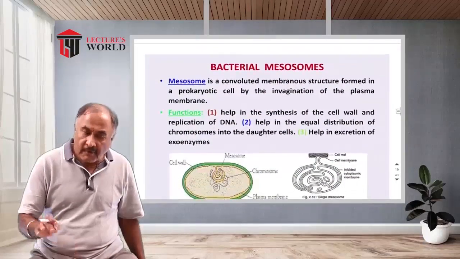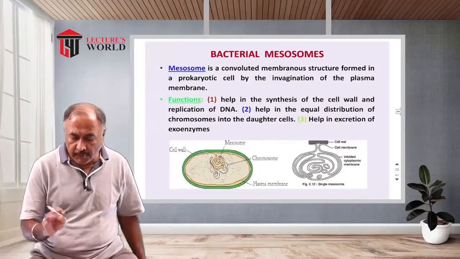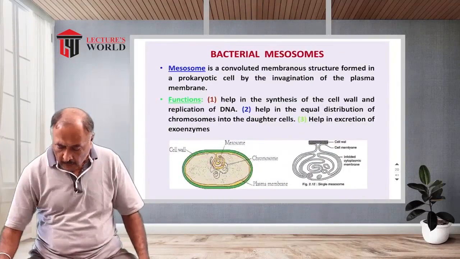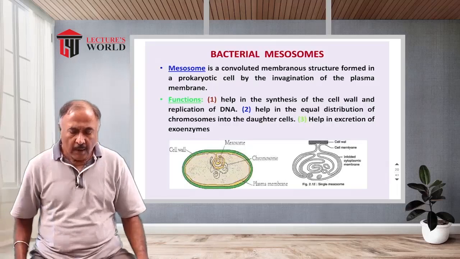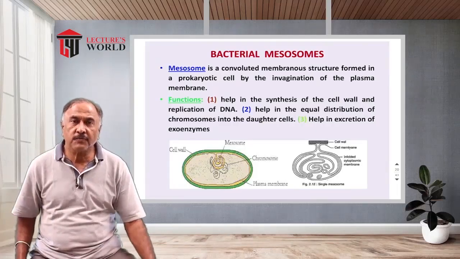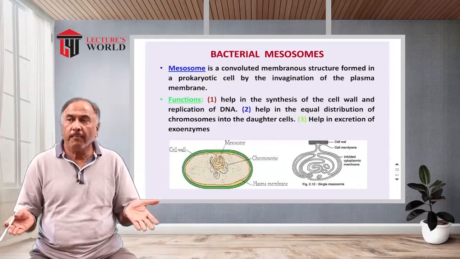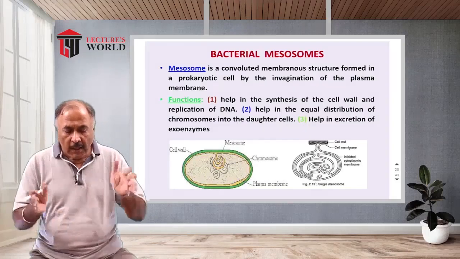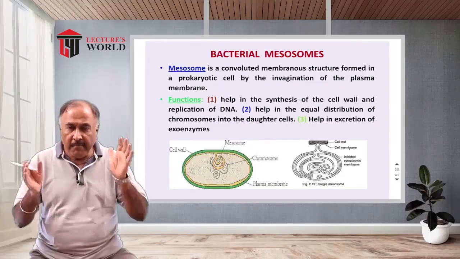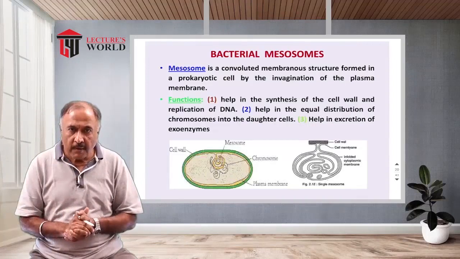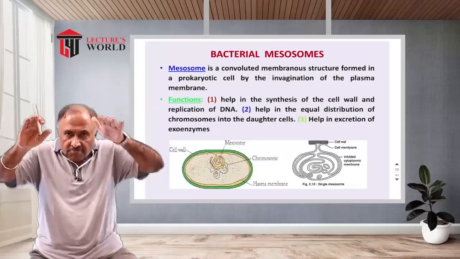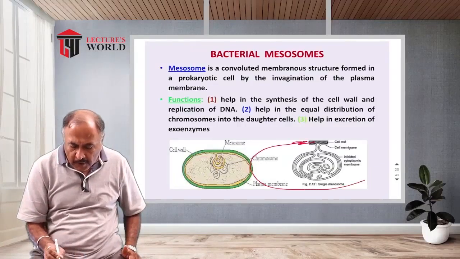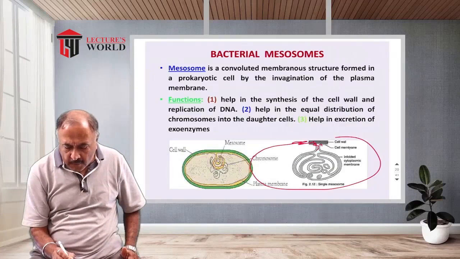So next comes, after ribosomes, we have mesosomes. What are mesosomes? These are the structures which are formed by the continuation of the membrane, and they are considered as convoluted membranous structures. Convoluted means they are made like this. As you can see, suppose this is a membrane, the membrane of the cell. So this membrane is convoluted in this way,